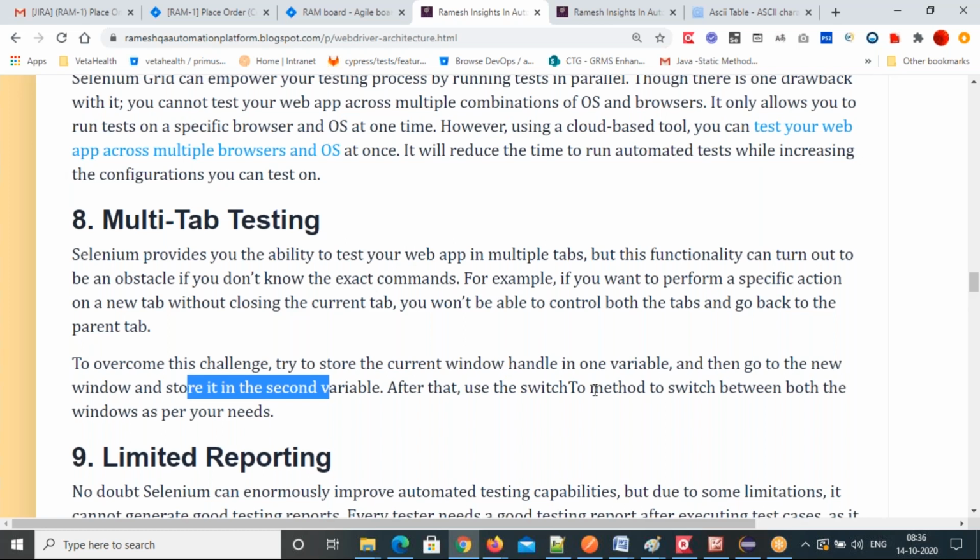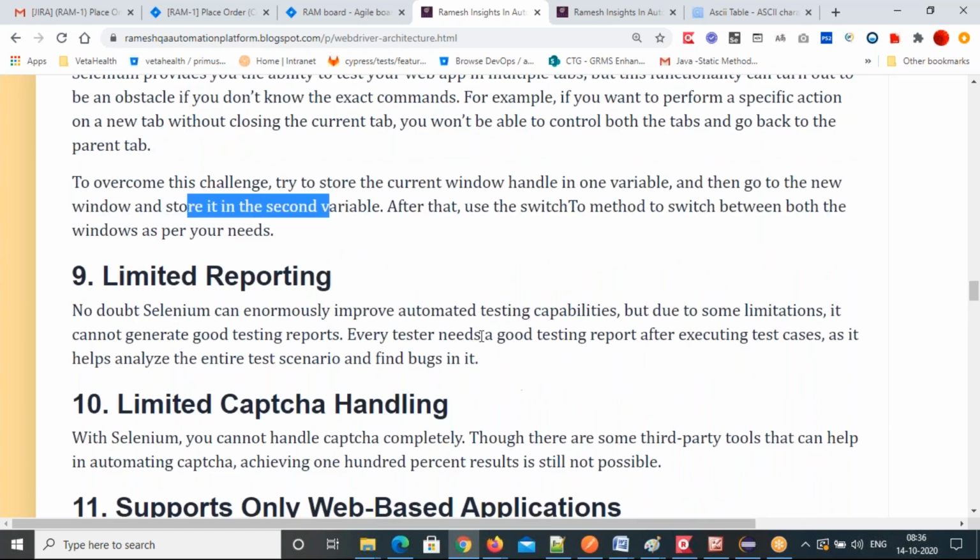Limited reporting: I told you very clearly in the beginning also. No doubt Selenium can enormously improve automated testing capability, but due to some limitations, it cannot generate good testing reports. Every tester needs a good testing report after executing test cases, and it helps us analyze the entire test results.